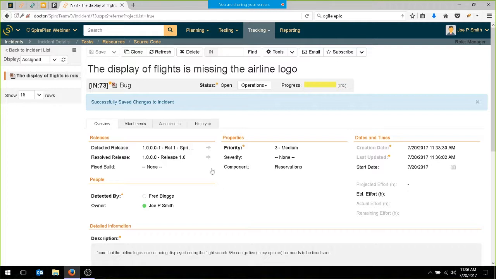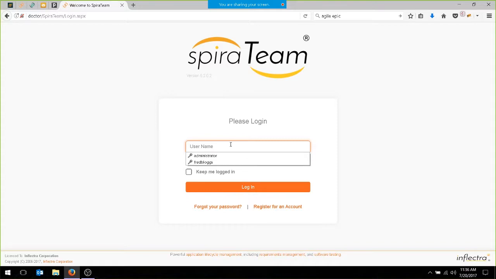Now the last thing we want to talk about for today is the program level. So we've looked at the project level, we've gone down to the release and the iteration or sprint level, we've added some tasks, we've added some defects, we've seen how you can see them together. If I log back in as my administrator, what I can do is go in here,